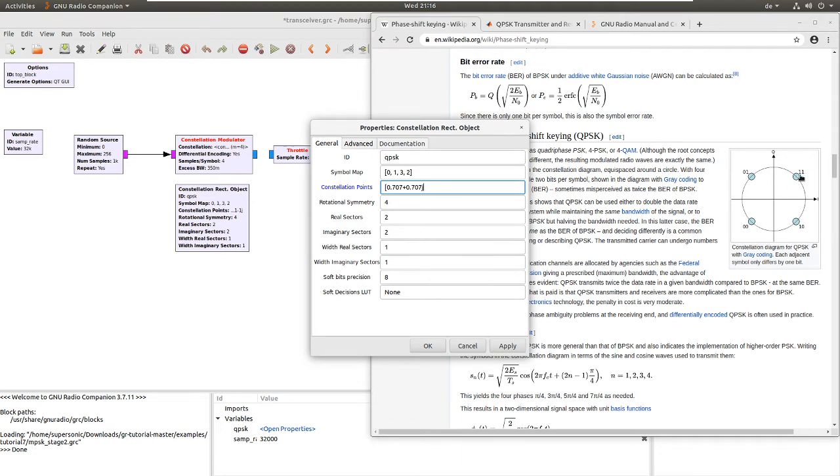That represents this 1. Then we go to the negative x-axis, or real part, and we are going to set the same values